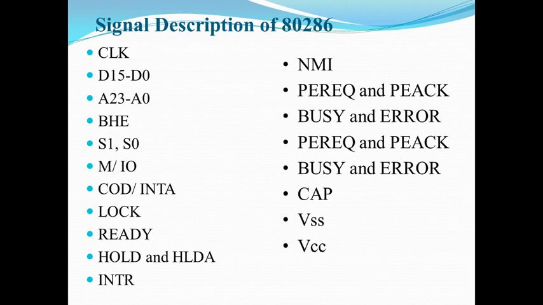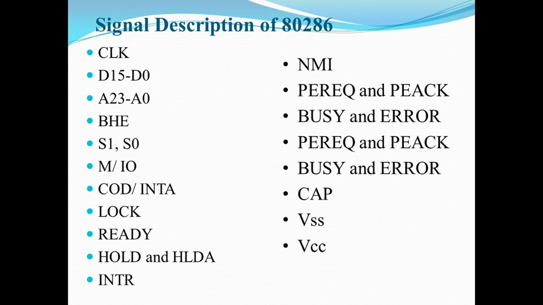Next, CAP stands for capacitor. A 0.047 microfarad 12 volt capacitor must be connected between this input pin and ground to filter the output of the internal substrate bias generator. So here the capacitor is used for the operating voltage. That's why, till the capacitor charges to its full capacity, the processor may be kept stuck in reset to avoid any spurious activity. So this is a capacitor which holds some charge for the operation of the 80286.